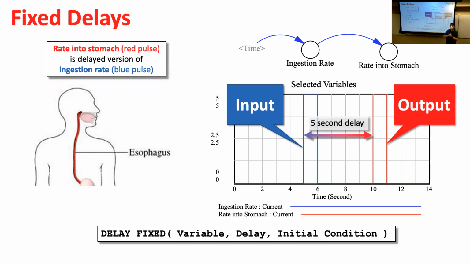So the question was, how do you decide on 5 seconds? How do you decide on how long the delay should be? And that's an excellent modeling question. So we have to come up with a justification for why 5. I might have to go and ask a physiologist, somebody who studies